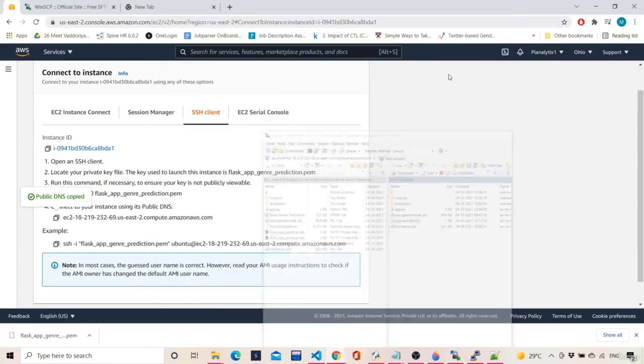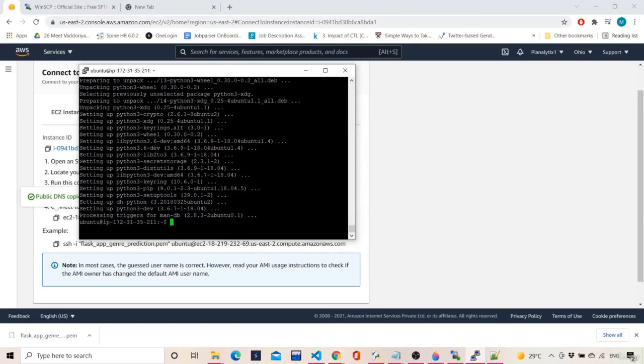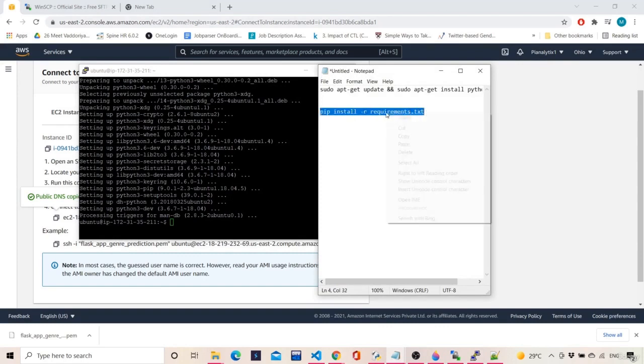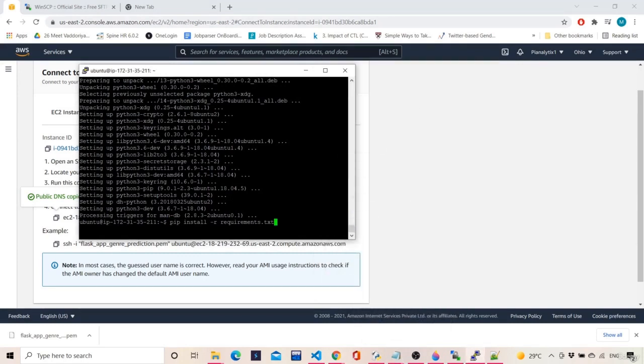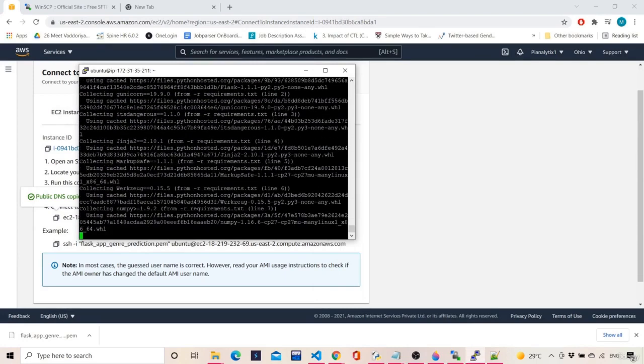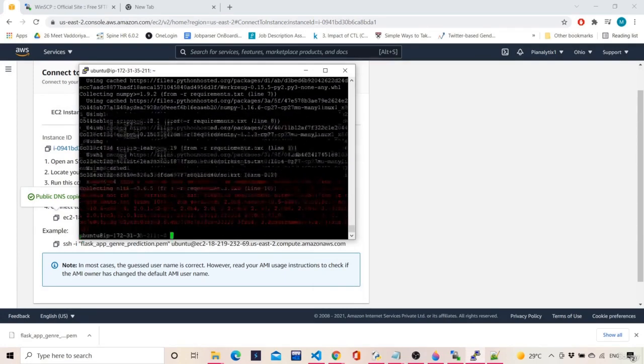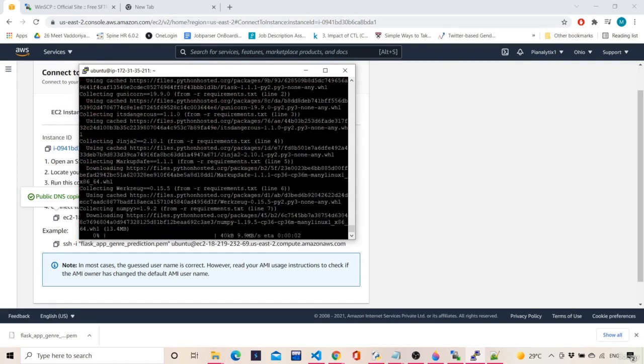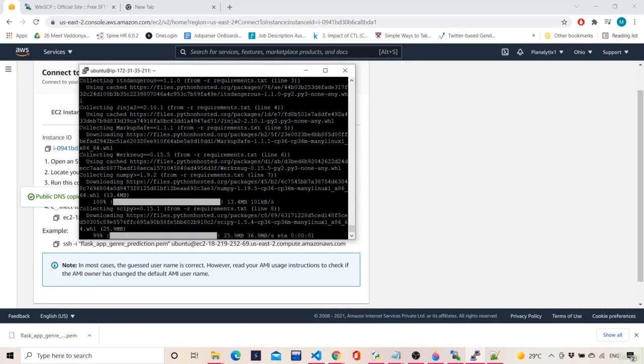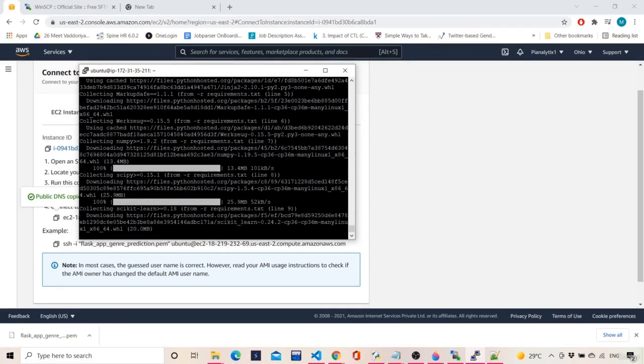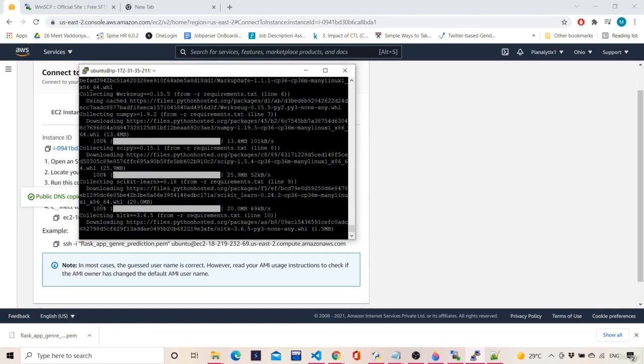So we'll close this, and then over here we'll go to the PuTTY console, and then we will write this command, that is pip install -r requirements.txt, and then enter. Now nltk will get installed, I think, again. So if I write pip3 install -r requirements.txt. Yup. So yes, we have to write pip3 instead of simple pip.